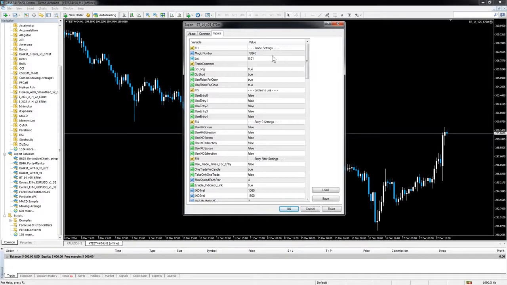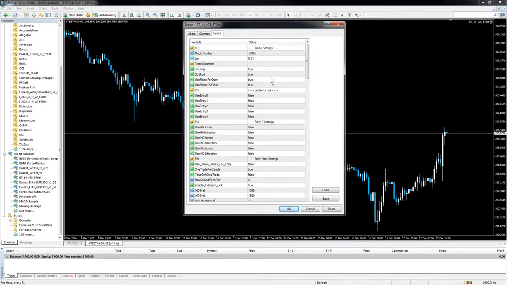And it comes up with a basic magic number. Now you can put any number you want in here. You want to put some number in here to use as your magic number, because that's how the EA keeps track of the trades it is taking. So be sure you put some number in there, and don't use the same one for all your offline charts, or the EA will start closing and opening trades on other charts. And your lot size, most of this is